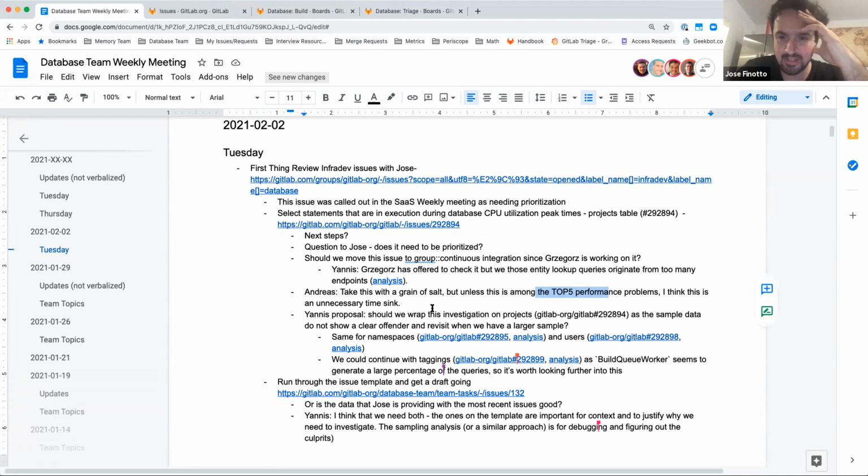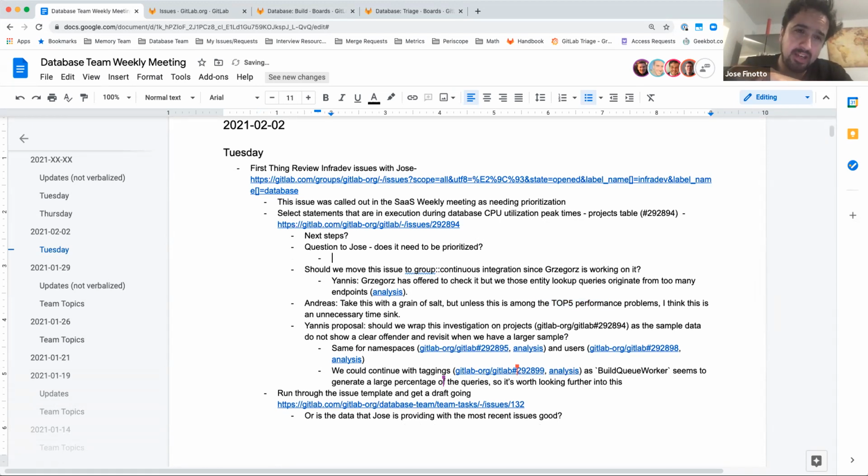I am not aware why exactly this issue from the projects table. What we did in this type of issues, we are looking for marginal gains, to reduce or use caching. As far as I know, the 2 issues that we should have a look at, if possible, are the namespace CTE, and the second one is a select $1 as from CI tables, CI pipeline, sorry. I can give you the issues in a second. But yeah,